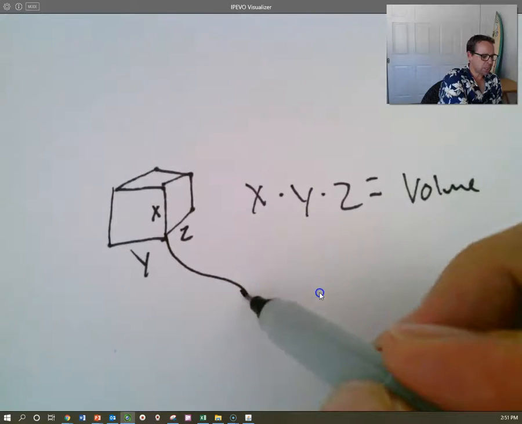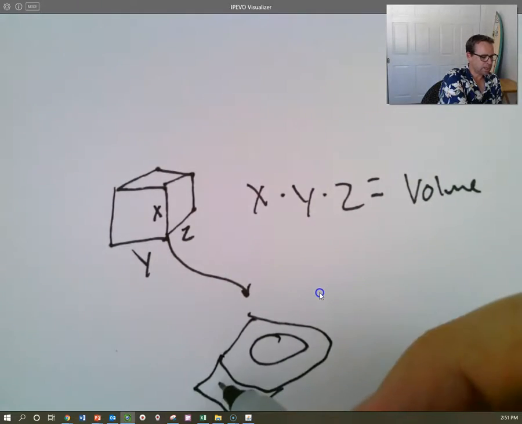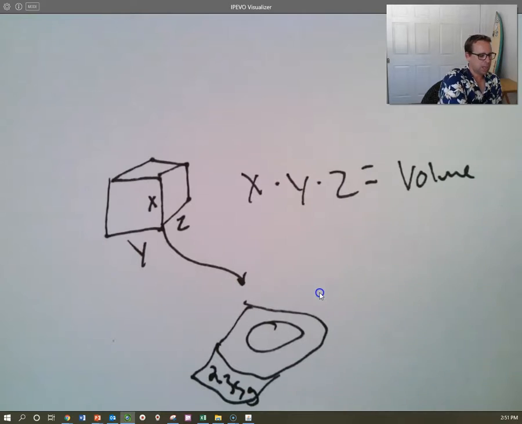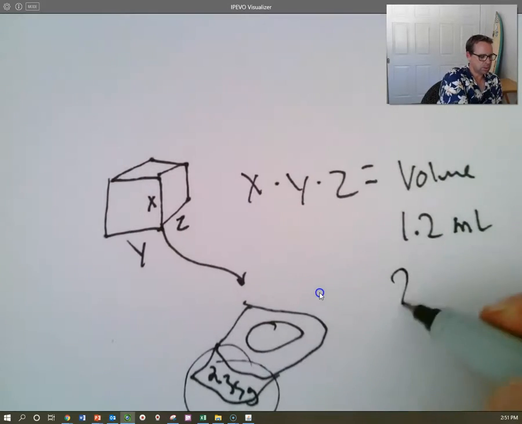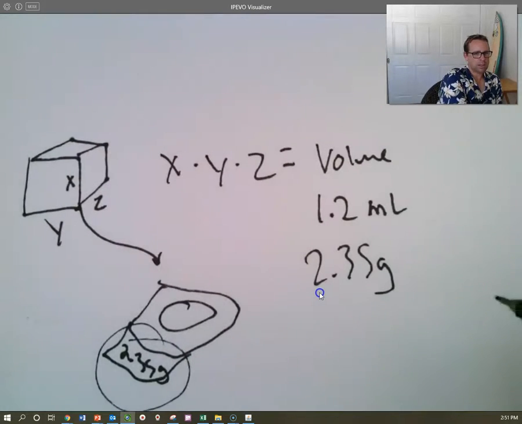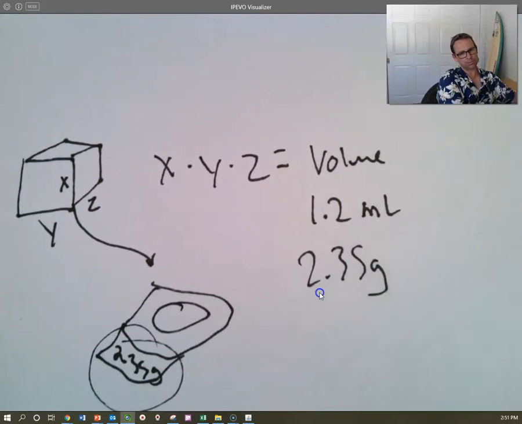And so if I put this object on a scale and find out that it weighs 2.35 grams, for example, and if I find the volume equals 1.2 milliliters, then I can take the mass, 2.35 grams, and the volume, and I simply take the 2.35 divided by the 1.2,